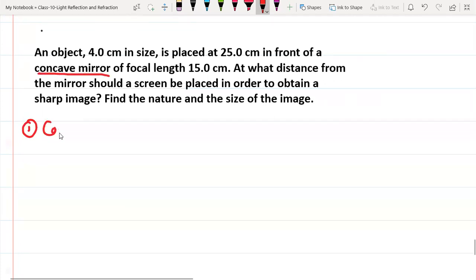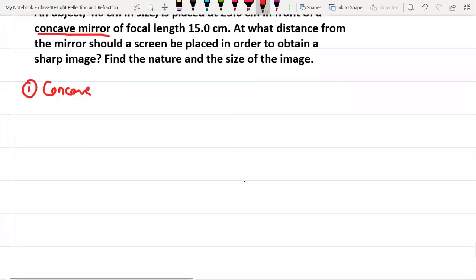So it is concave. Whenever you see concave mirror, you have to draw this diagram for sure. And you have to take the principal axis,